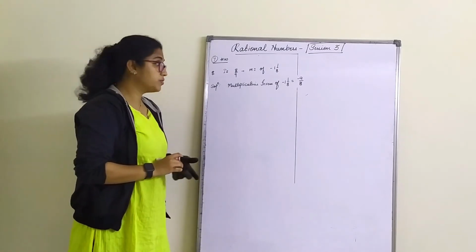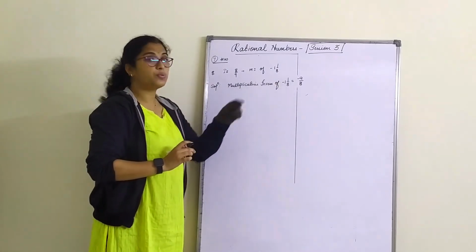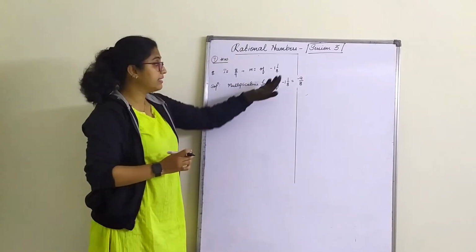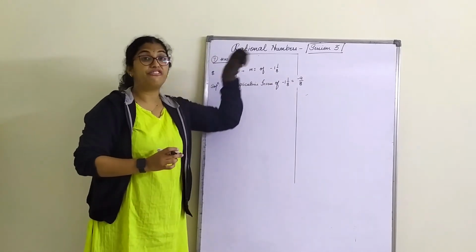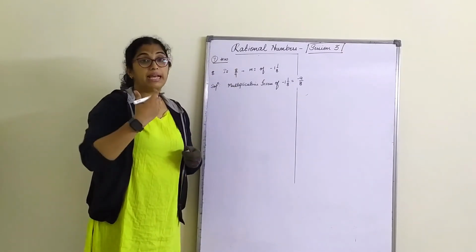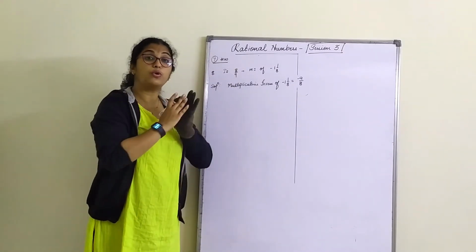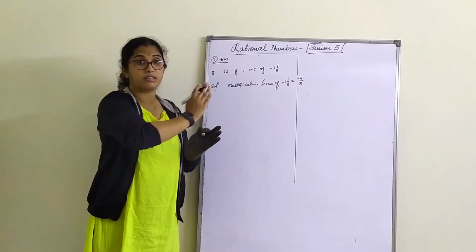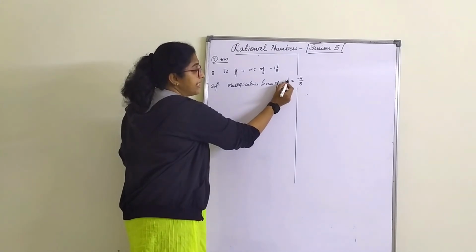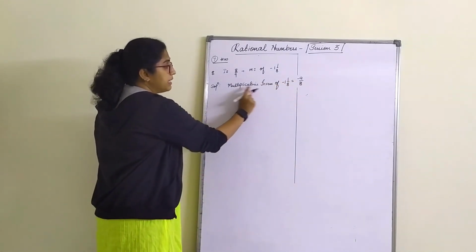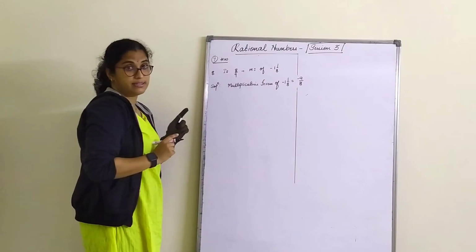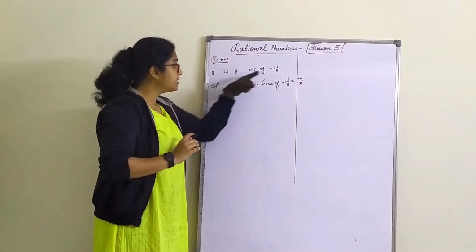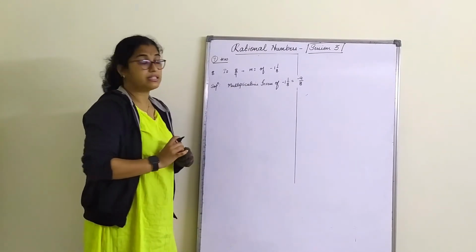Do not use it usually. See, actually, if you multiply, 8 ones are 8, but we don't apply minus 8 plus 1 like that. This minus is for the whole fraction. That means when we apply the improper fraction conversion, we don't consider that minus in addition or subtraction. Minus is for the fraction. That is what I have kept. 8 ones are 8. 8 plus 1 is 9. The multiplicative inverse of this is this. Right? So according to the data, I need to check whether this is a multiplicative inverse of this or not.